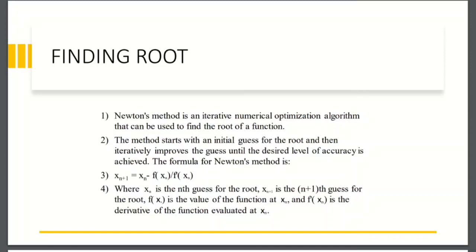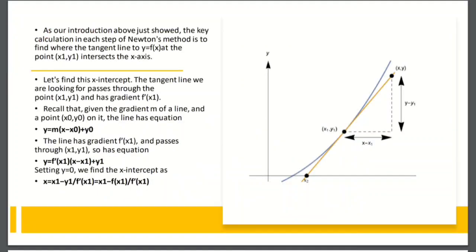The formula for Newton's method is x_{n+1} = x_n - f(x_n)/f'(x_n), where x_n represents the nth guess for the root and x_{n+1} is the (n+1)th guess to be found from the nth guess. f(x_n) is its functional value and f' is its derivative, and this Newton's method is derived from,